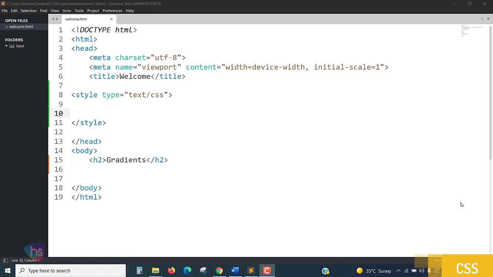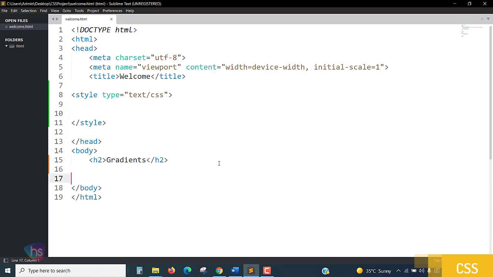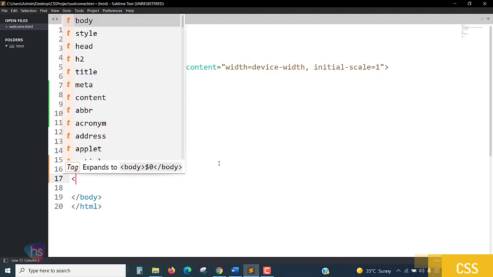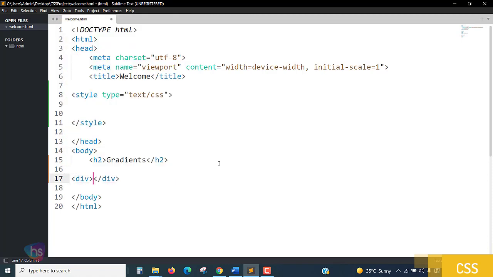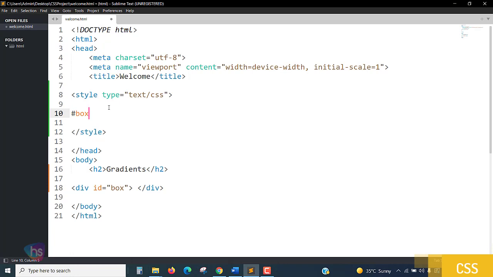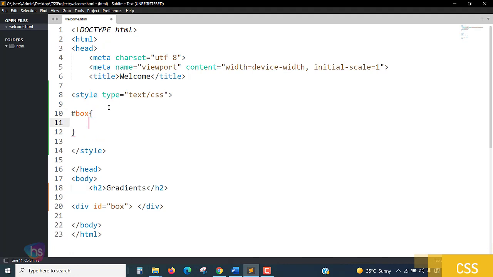to display. So I'll take a simple div element to apply this gradient. For this div element, I'm taking an ID something like box. So for the box ID we have to implement code, correct? The box, open and close curly braces, and we need to implement a height and width for this box. So height I am taking as 200px,